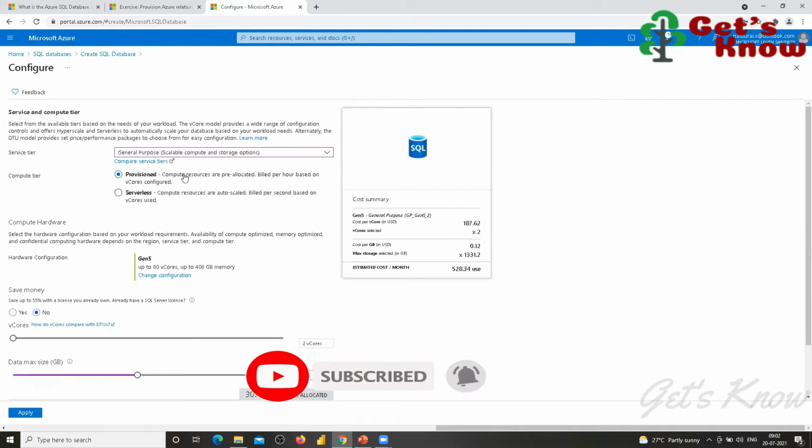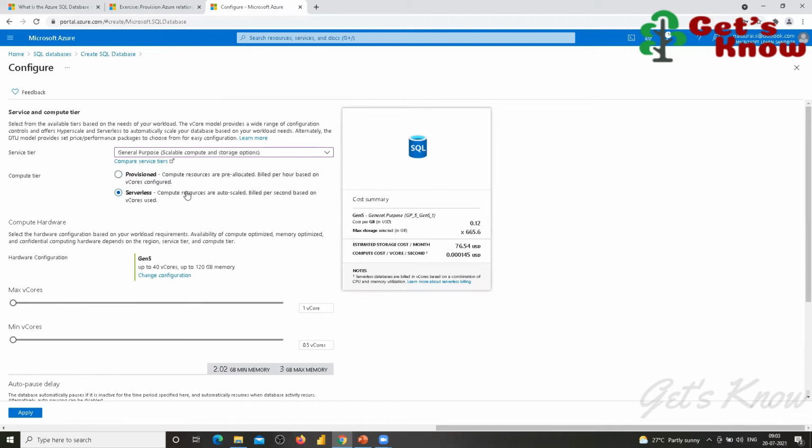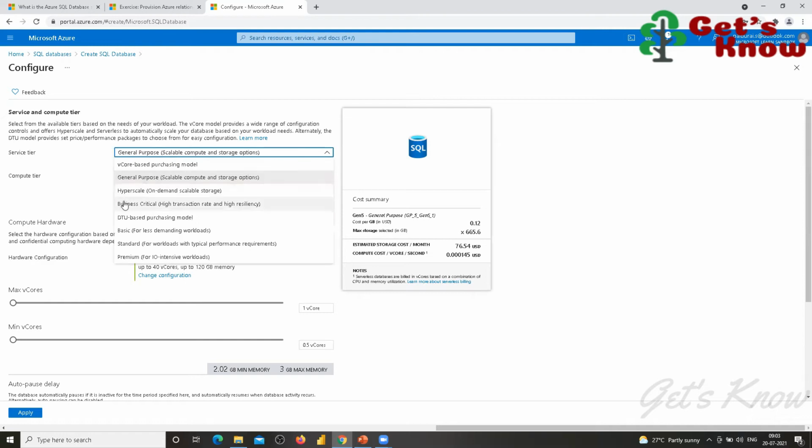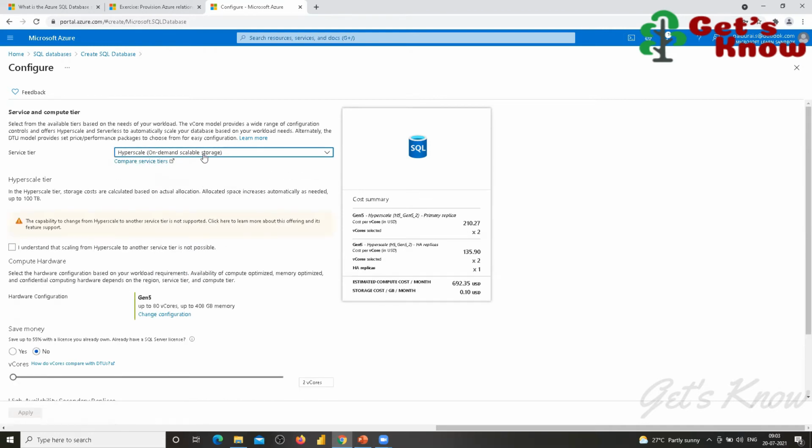With provisioned, whether the vCore is used in that 1 hour or not, the 1 hour amount will be charged, right? But here it is not like that. It is calculated by how many seconds are used in that 1 hour, and the amount is based on those seconds, not on an hourly basis. So this is the best method for selecting the serverless feature. Got it? Yes. Fine.